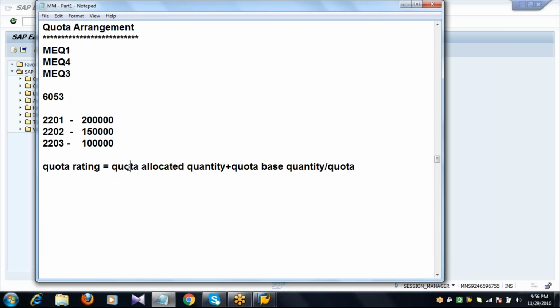Quota allocated quantity is the allocation of the quantity to several vendors from the requirement quantities. Initially, the quota allocated quantity will be 0. It will be automatically updated when you create a PR, PO, RFQ, etc. And the quota base quantity is used to control the allocation for the newly added vendors.